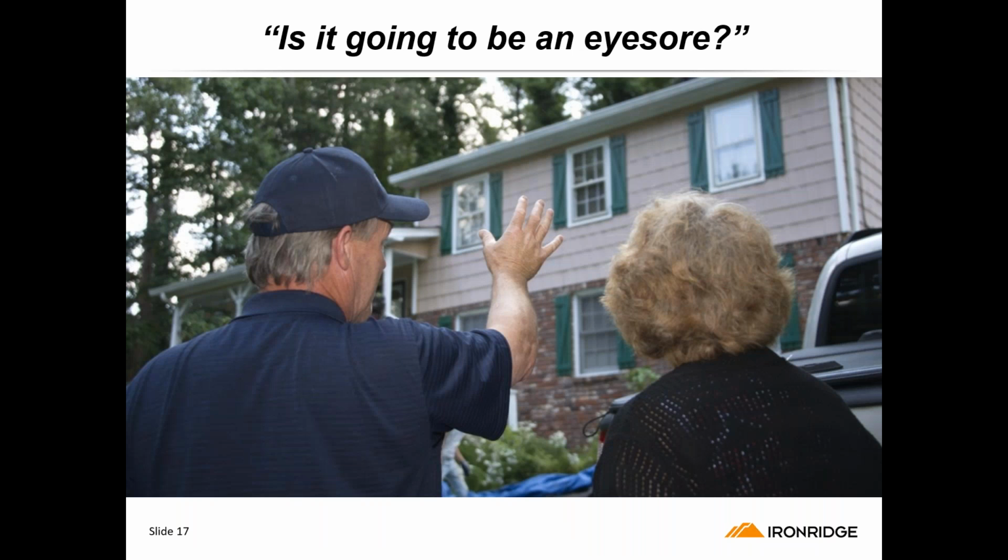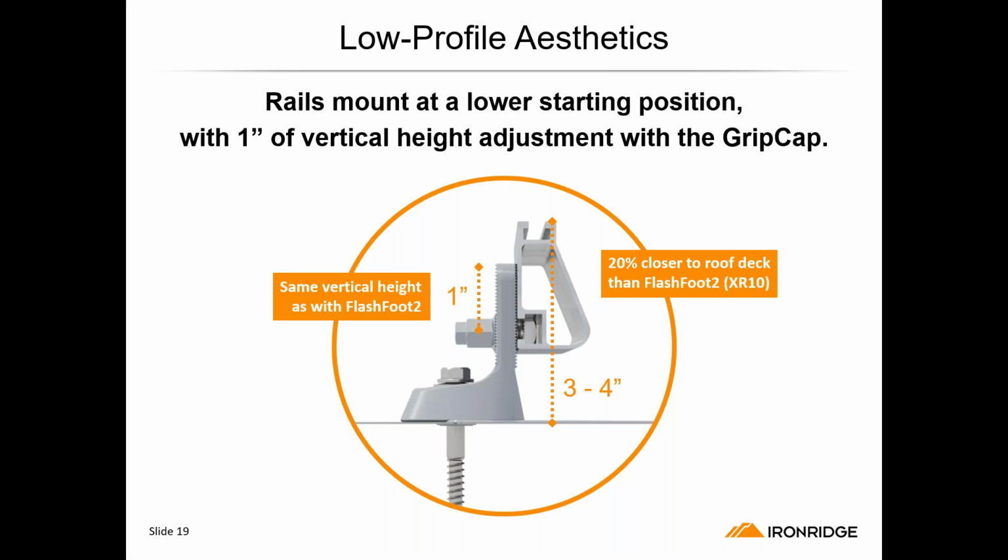Another concern that some owners have is how the system will look once it's installed. So we've designed FlashVue to be low profile. FlashVue provides an aesthetically pleasing low profile look. Rails can be mounted lower, having a 3/4 inch lower roof clearance than FlashVue 2. There's still 1 inch of vertical height adjustment. This equates to 20% lower to the deck with the same vertical height adjustment of 1 inch as the FlashVue